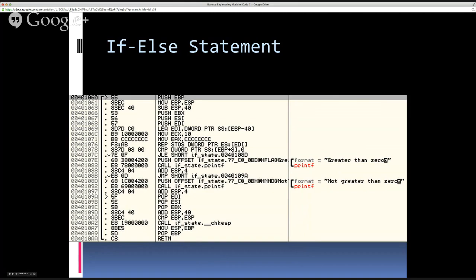So it's jumping to 40108D if that condition's met. If you look down at what's at 40108D, you'll see it's printing out a statement, "not greater than 0," which makes sense because if it's less than or equal to 0, then it's not greater than it. If that condition is false, then you just go straight to the next instruction, which in this case is pushing